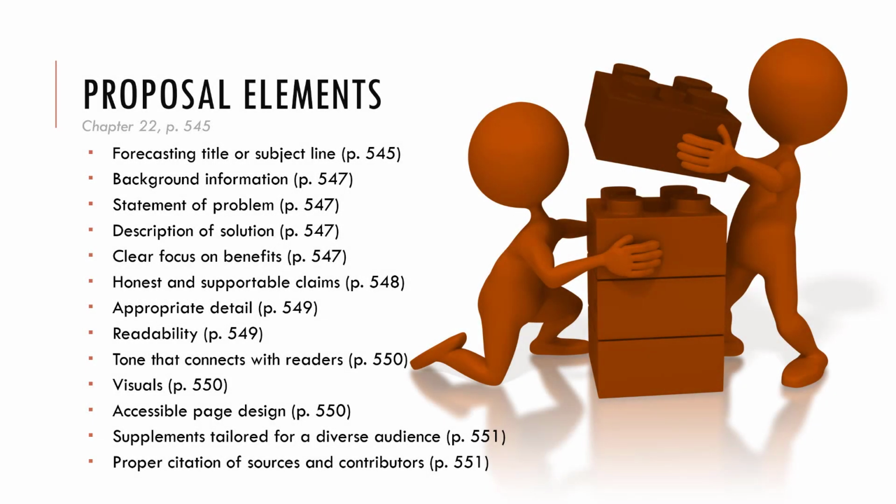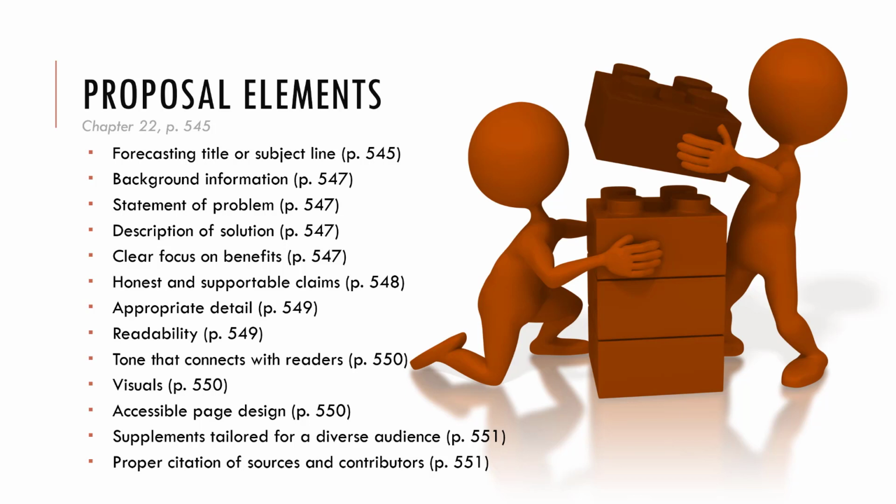The next section in the book is the different elements that you're going to see in the proposal. Some of these you will have, and some of them you won't, and some you will have more of, and some you will have less of. So let's just run through them real quick so you'll know what kind of elements you may be preparing for